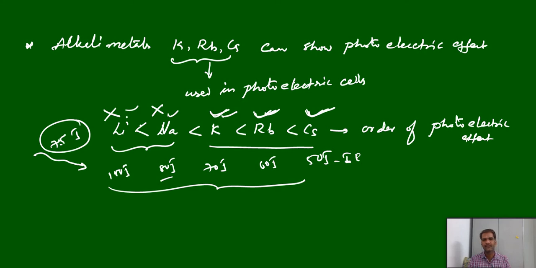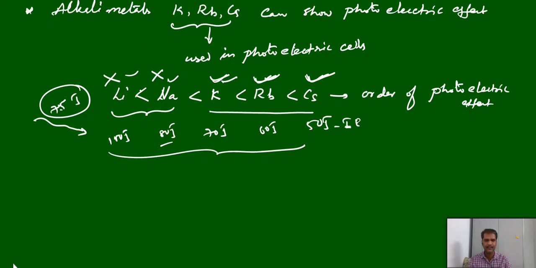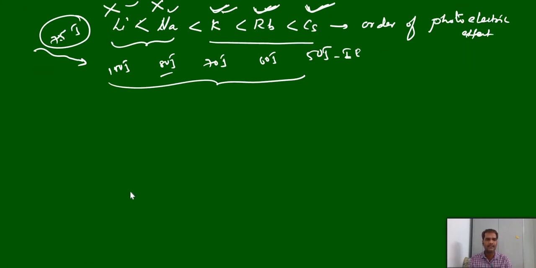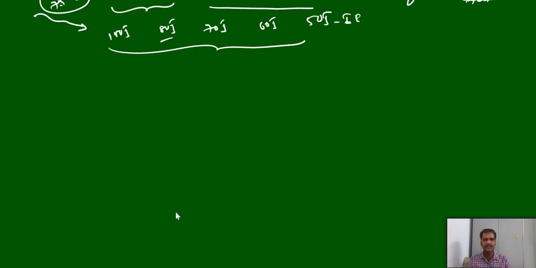So like this you should remember. They may ask the question. Here we have taken joules. Sometimes they may give the values in terms of electron volts or calories, depending, so you just have to check it. Now we will see one photoelectric equation. Einstein proposed one equation related to this photoelectric effect, and now we will see the equation for the photoelectric effect, which is called the Einstein photoelectric equation.